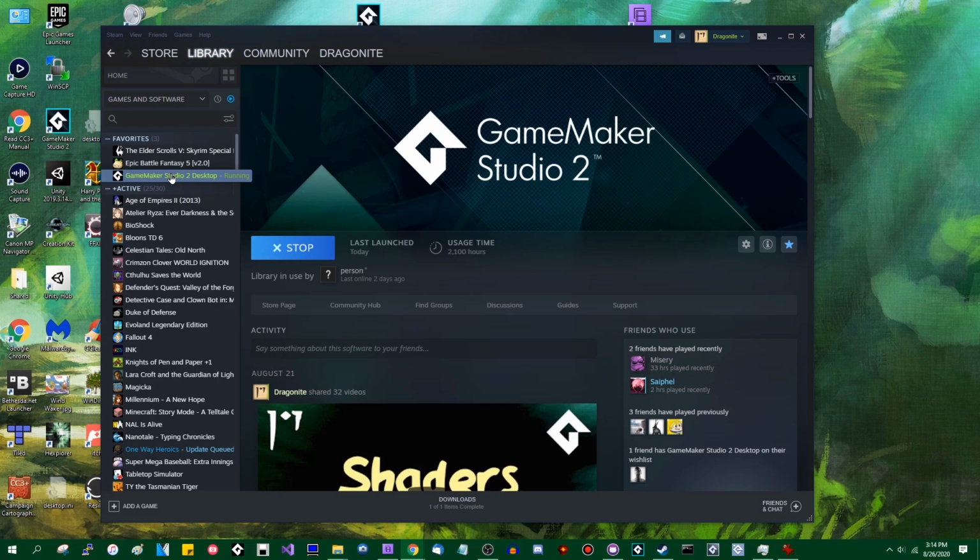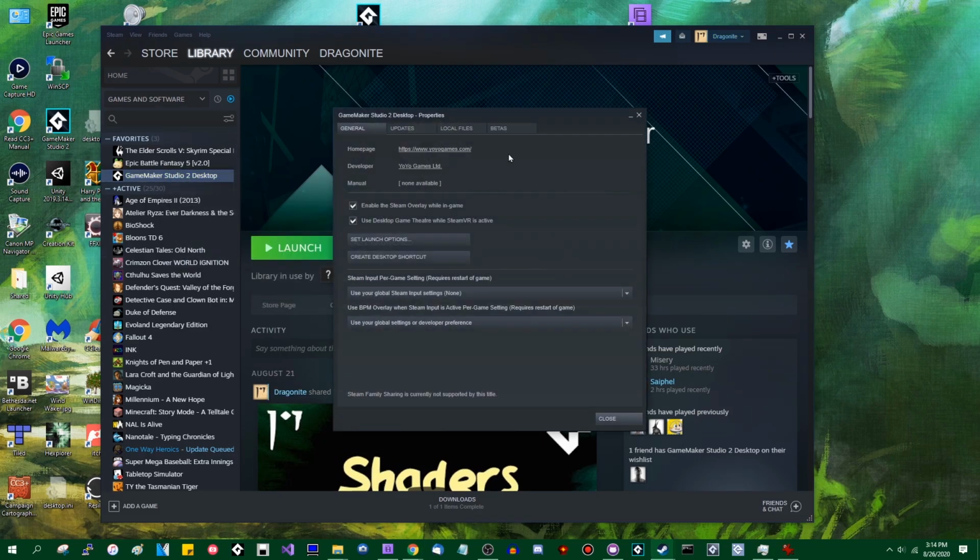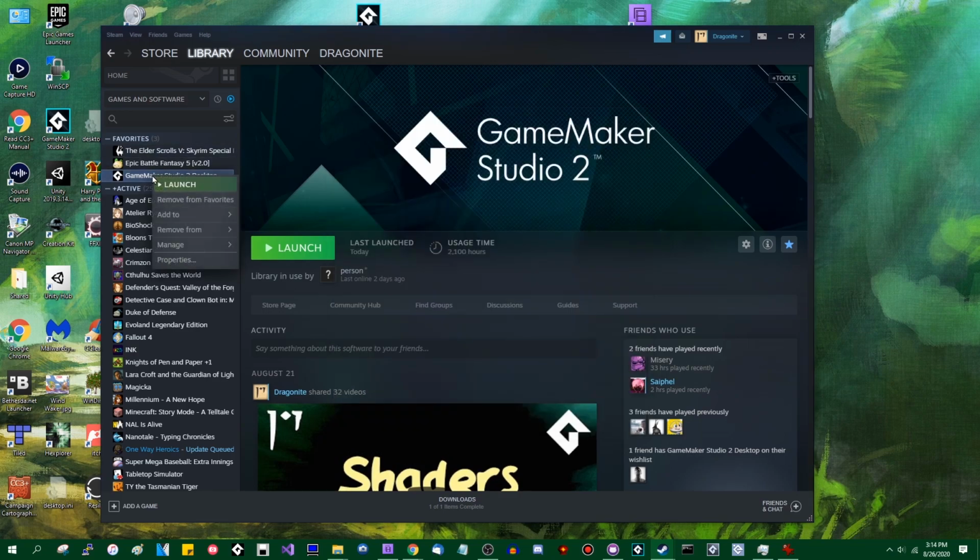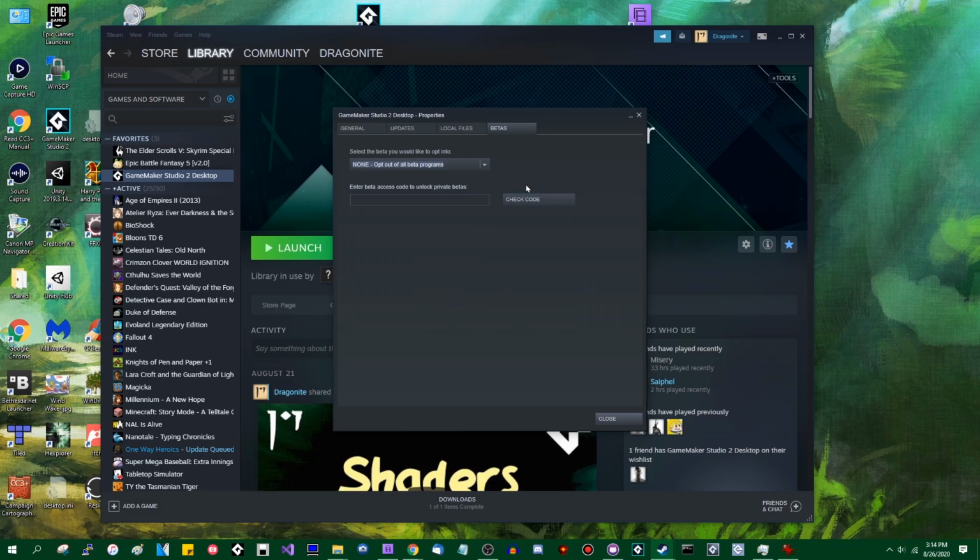Now, Steam also lets you have any version of a program installed in your library. Almost. Within reason. So if you right-click the item in your library, you go to Properties, go to the Betas tab. By default, the beta setting is none, opt out of all beta programs, but if you want, you can have